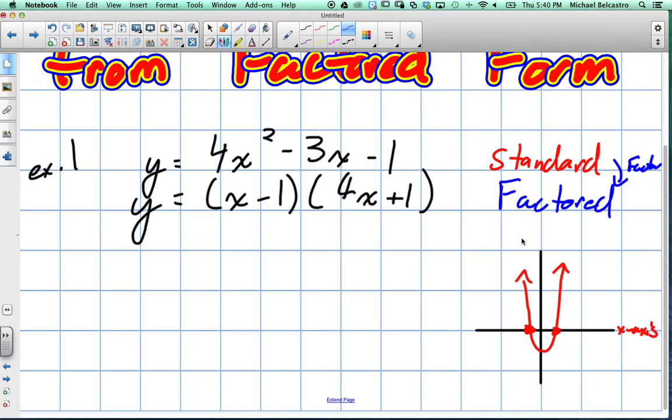And the way we find this is we need to know what y is when we're on the x-axis. Well, we're on this x-axis here. That's when y is equal to 0. So what we're going to do is replace the value of y with the number 0. So we're going to say 0 is equal to